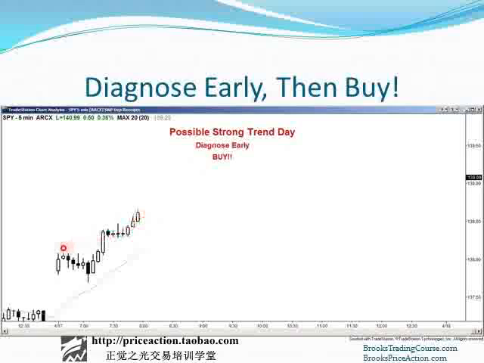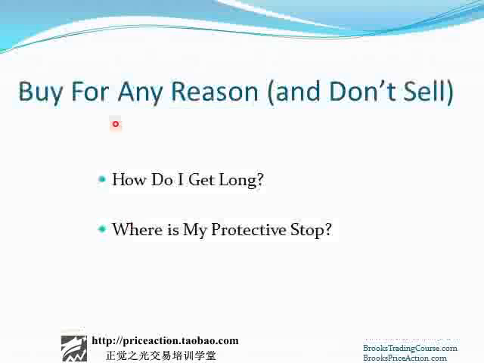You can't look at this and say, well, 1 push up, 2 pushes up, top of the trend channel line, a wedge top. There's simply not enough selling pressure, and there is too much buying pressure, too many big bull bars, too many gaps in the bull bars, close above the high of the prior bar, close above the high of the prior bar. You cannot be looking to sell. You can only look to buy. So you can buy for any reason. You can buy the high 2 over here. You can buy closes. So you buy for any reason, and you certainly don't sell.